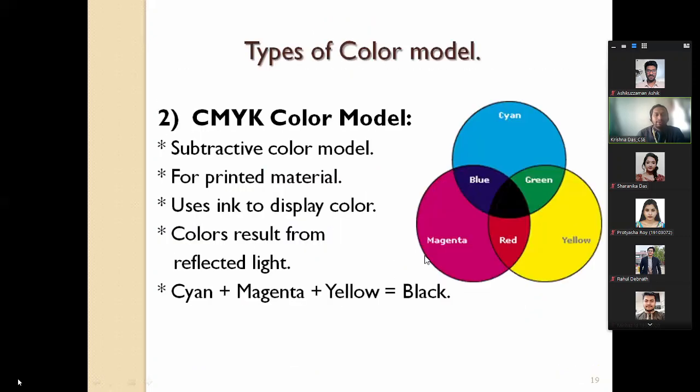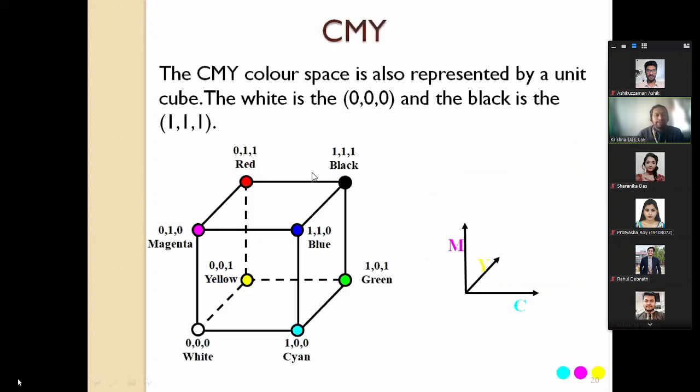In the same way, we have seen the CMY color model, which we said is a subtractive model, used for printed material, and the ink is used to display the color because it will be reflected. Cyan, magenta, and yellow, all three together, create black. So in the cube, when we have no color, that is white, because light will not be absorbed if you don't have any color, and when it is black, it means it has all colors.